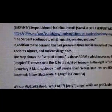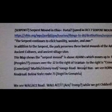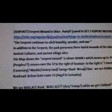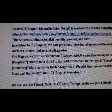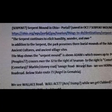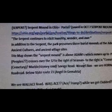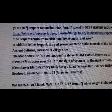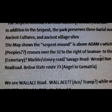Okay, so I'm going to read you a few of the streets or roads on this map that I saw near the Serpent Mound. The map shows the Serpent Mound above Adams, which moves up to Peoples, that's like people, us, crosses over the 32nd or 32 highway to the right of Seaman, like little pirate, Seaman, and to the right of that is Cemetery Road, and Marble Stony Road, Savage Road, Weasel Run, and then there's Horner Chapel, Horn, and below